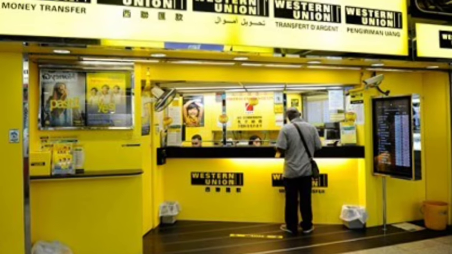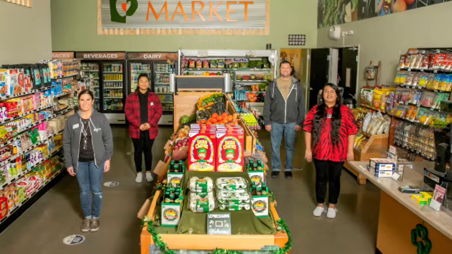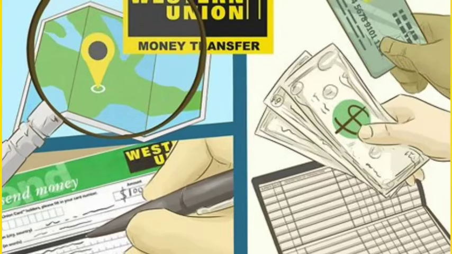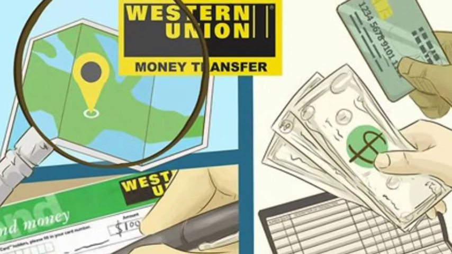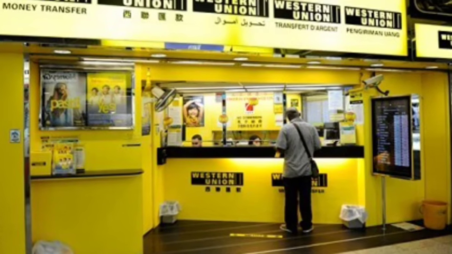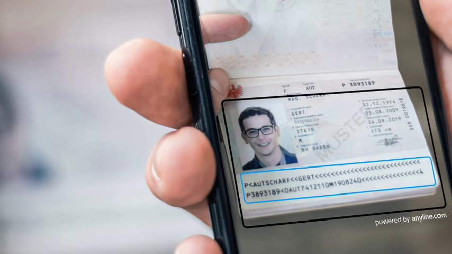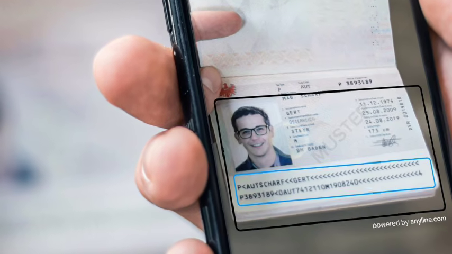If you walked into a retail storefront, grocery store, or bank branch and paid for the transfer using physical cash, you cannot cancel it online. You must physically return to that same retail location. Hand the clerk your original paper receipt and present a valid government-issued photo ID, and they will process the refund